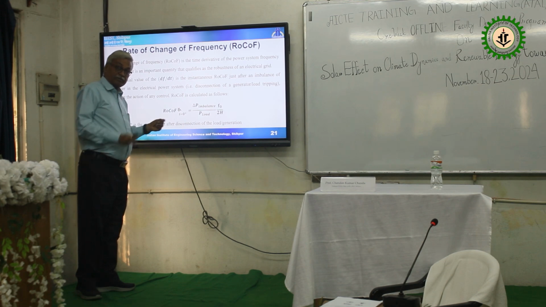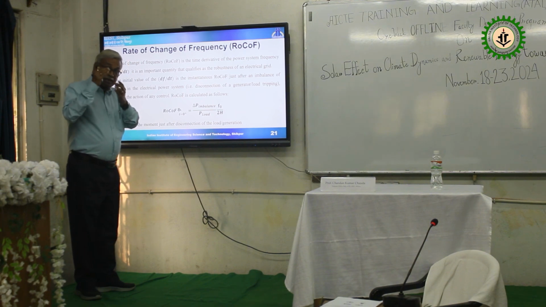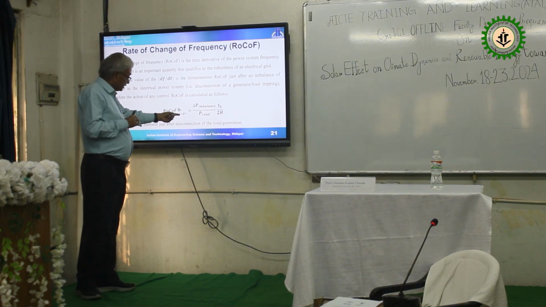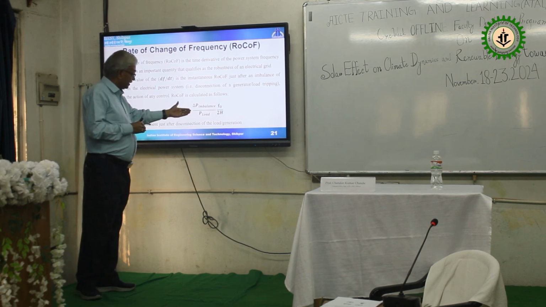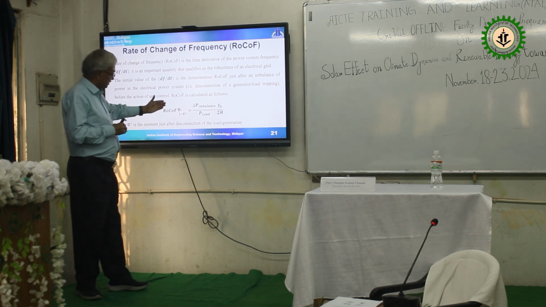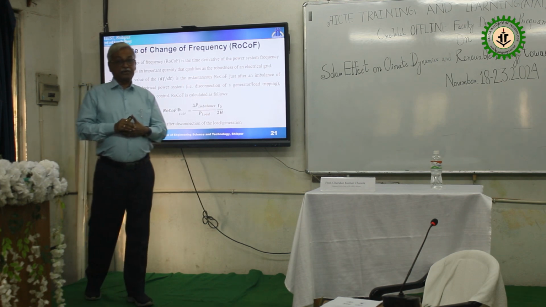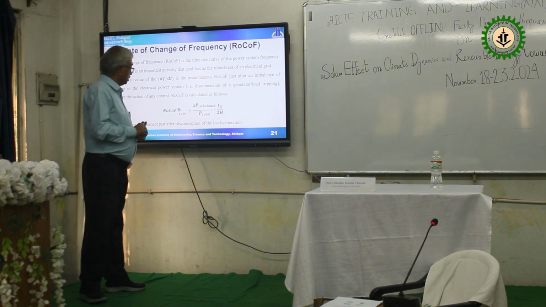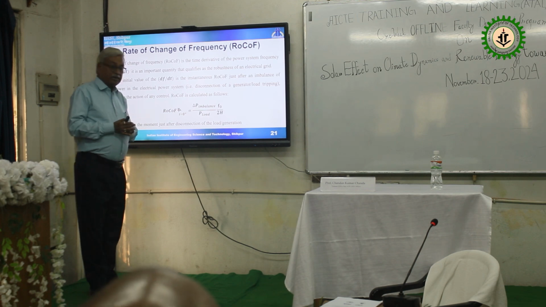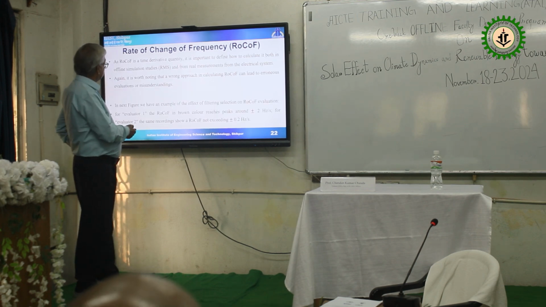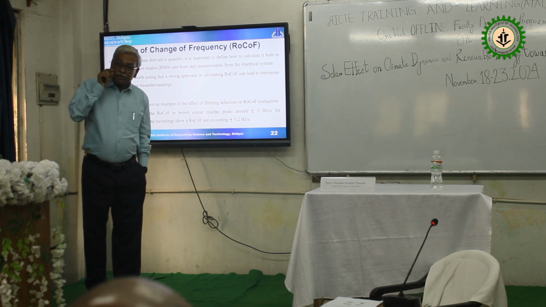That means the disturbance has occurred. We have already captured the magnitude of the disturbance, and at the time of disturbance we have calculated, and if you go to the 0 plus domain, the limiting case t0 plus, then RoCoF is defined as delta P imbalance over 2H times f0. f0 is the ideal frequency under ideal conditions. So this is RoCoF, and with the help of this RoCoF formula we are able to calculate the rate of change of frequency. With the help of this H, we can calculate the frequency nadir.